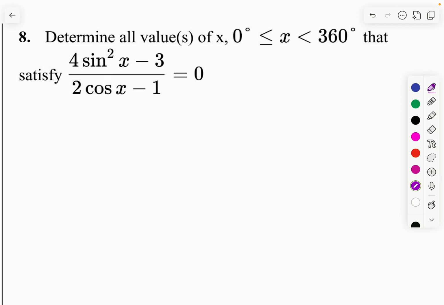This problem says to determine all values of x between 0 and 360 that make this equation true. So this is an equation equal to 0. That's going to happen when the numerator is 0. So if we can find when that's 0, okay, so we want